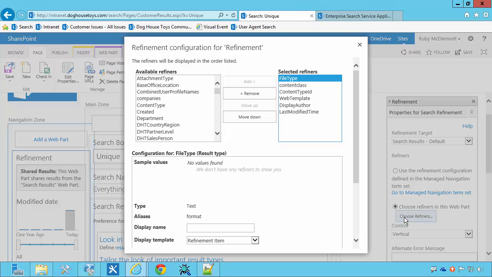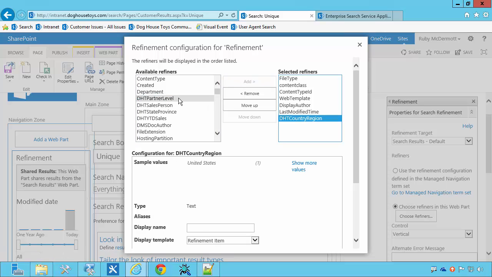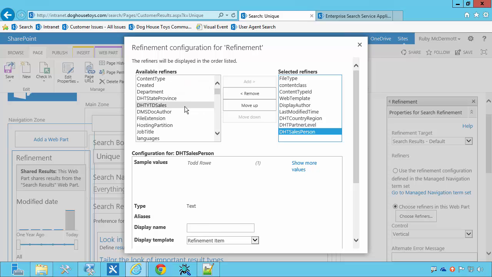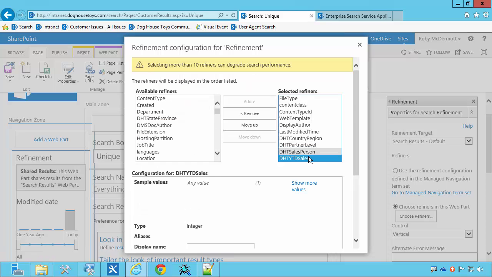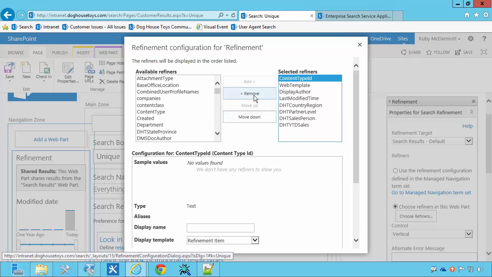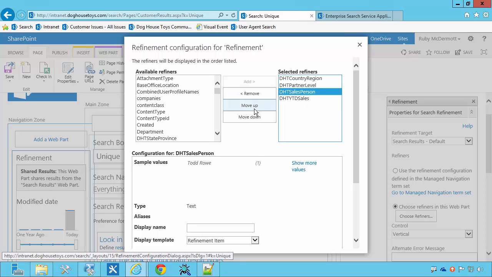So I can edit the web part, choose my refiners. And in this case, let's come down here and choose a country or region. Let's add a partner level, salesperson, and year-to-date sales. And then let's remove some of these guys. We don't need content class. We know what these guys are. These are all customer results. So let's get rid of those. Maybe put the salesperson at the top and leave that as a regular salesperson. Let's grab the partner level, move him up,